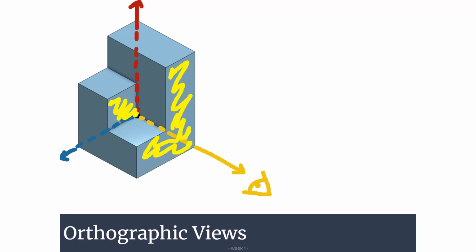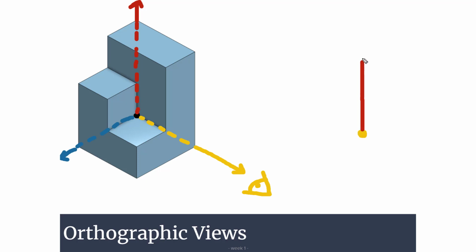So we're looking at these two yellow faces, right? And so first we need to actually translate our yellow axis, this yellow view, into an orthographic coordinate system, right? So if the yellow axis is pointing out towards us, it looks like this, right? Here's the end of the arrow pointing into our eye. And then we can draw our red axis. Where does it go? Well, it goes up with respect to the yellow axis. That's fine. So we can do this, right? There's our red axis. And then our blue axis goes to the left of that if the red axis is up, right? So there are our coordinate